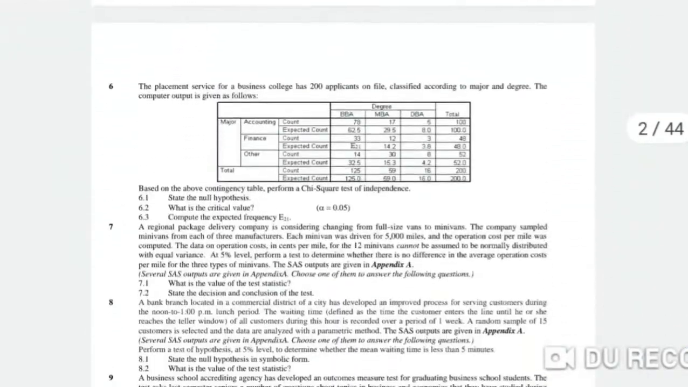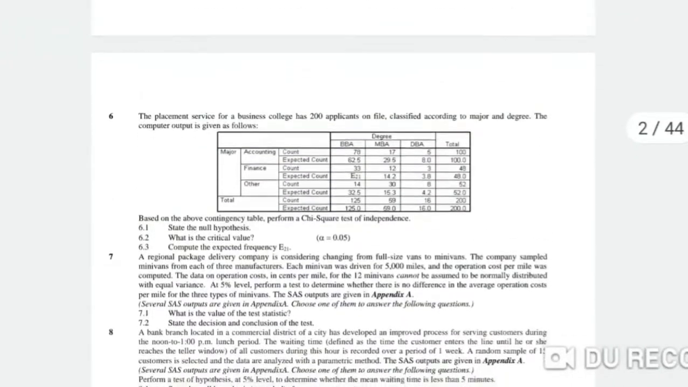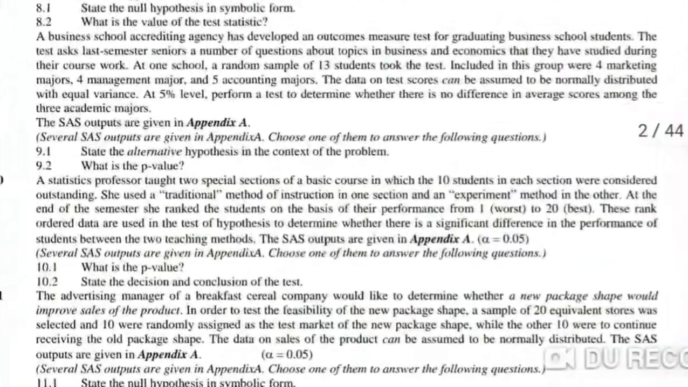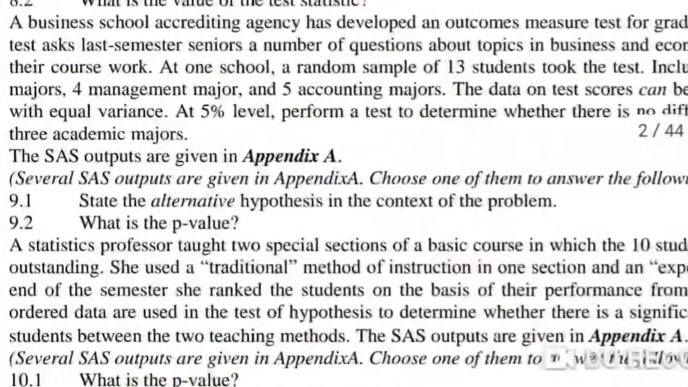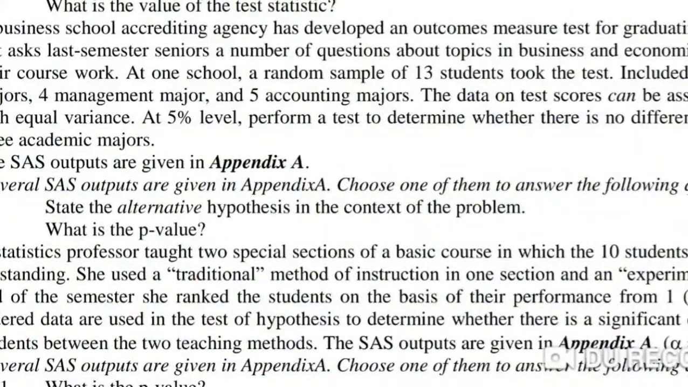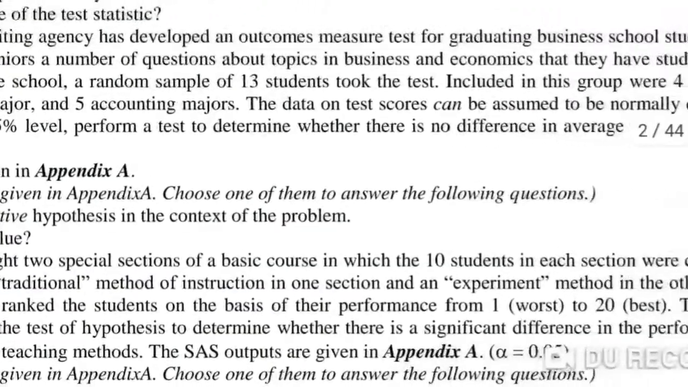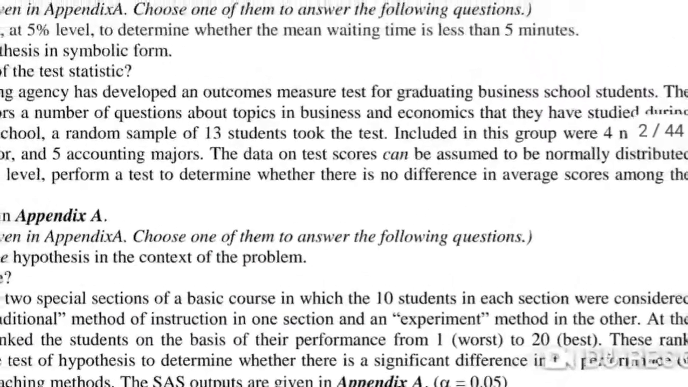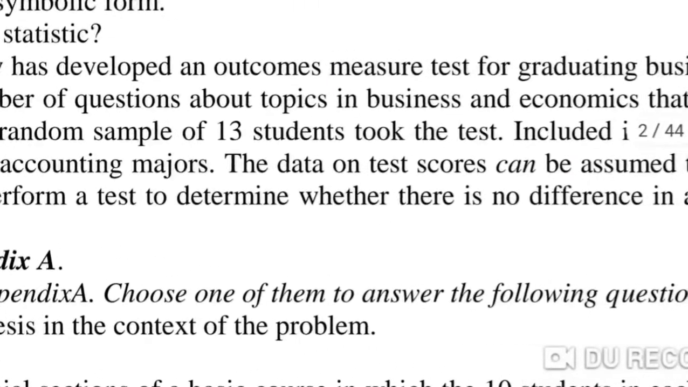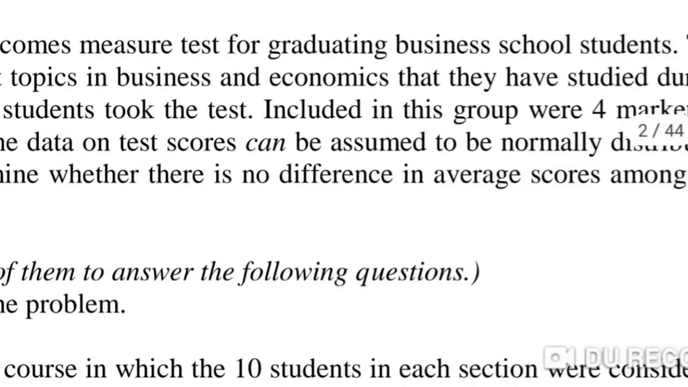Page 1. Page 2. 9. A business school accrediting agency has developed an outcomes measure test for graduating business school students. The test asks last semester seniors a number of questions about topics in business and economics that they have studied